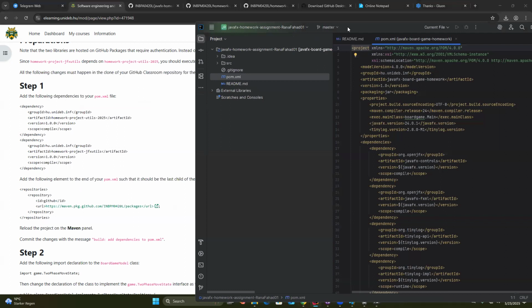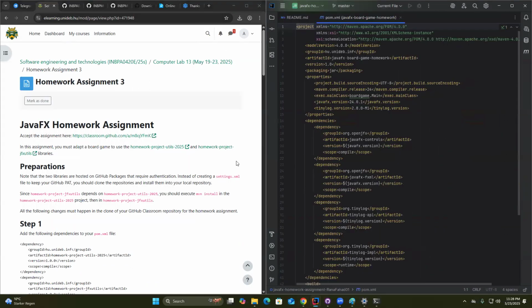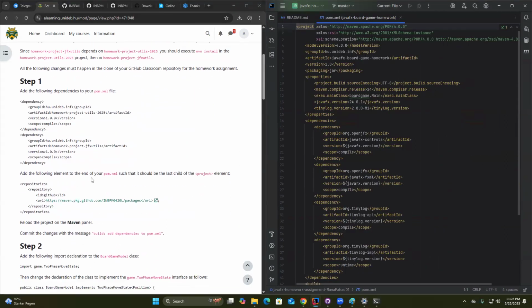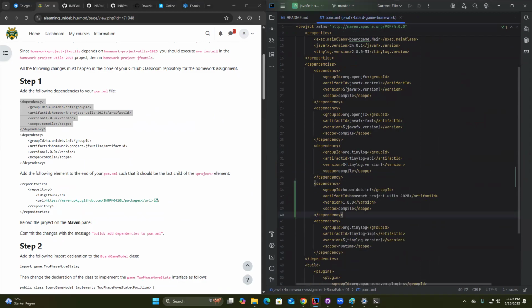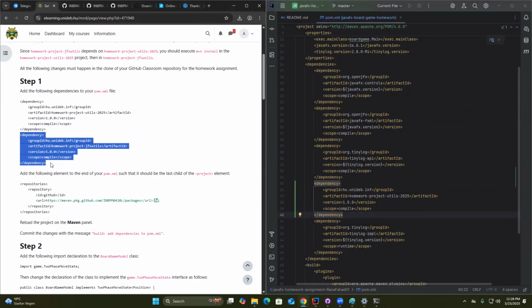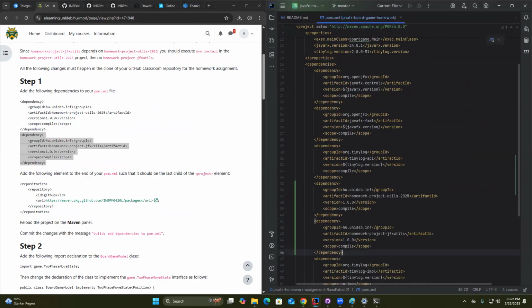Let me just put them side by side actually. Add the following dependencies. So the first dependency is the homework project, the 2025 utils, and you go to dependencies. I'll just add it towards the bottom here. Paste the first one. Then you have the second one, paste the second one,